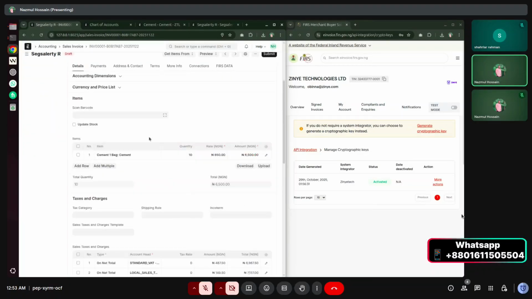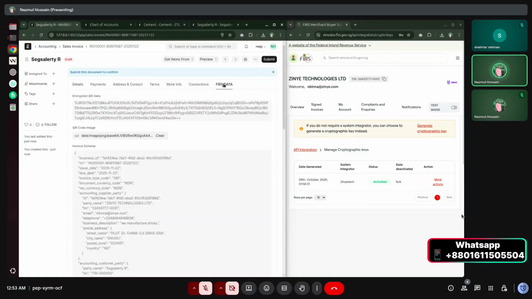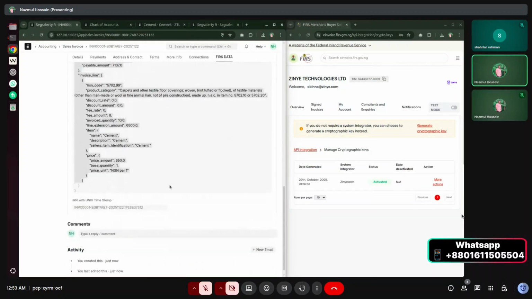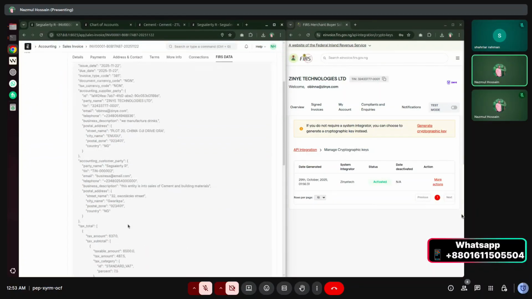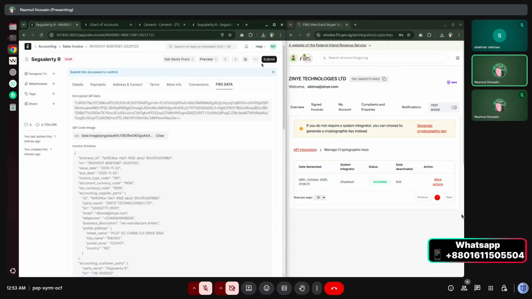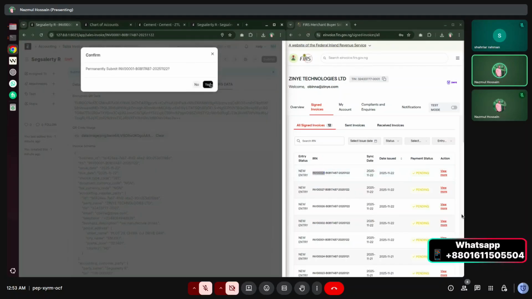So the invoice is valid and is a complete valid invoice. If you want, you can see the complete invoice schema here, and I keep it here to monitor what data is going to be sent to FIRS. Okay, so if I hit submit, you can see here the last invoice is this. This is the last invoice, and if I hit save,